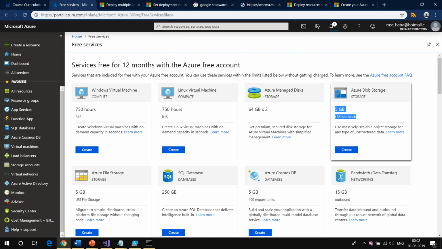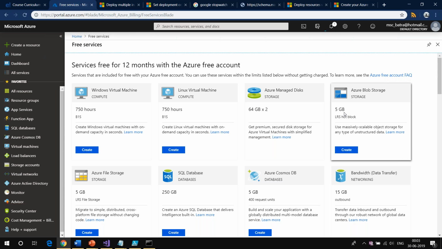We will talk about it later. So 5 GB of LRS will be free after 1 month, up to 12 months. So for the next 11 months you are going to get 5 GB of storage free of cost. Makes sense? If your subscription is expiring, you can still use it. But even if it is totally expired, do not worry, it is very cheap. If you create a few things, practice for let's say 3-4 hours and then delete them, you are still not going to be charged much.